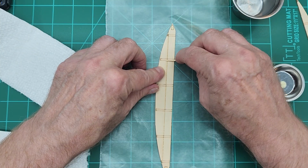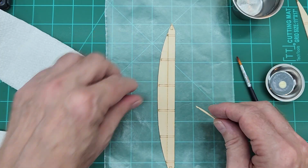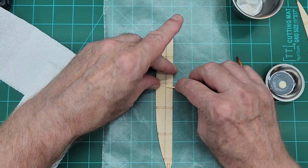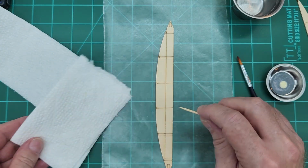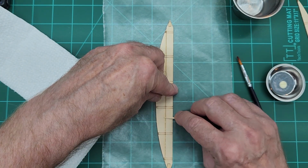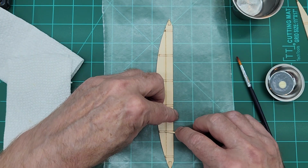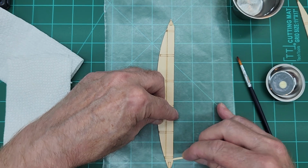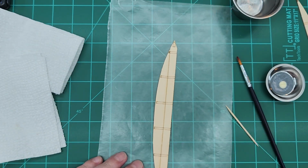Kind of scrape the majority of the glue off there. You're going to have glue on the bottom too. That's why I'm using the wax paper here, so that it's not trying to glue itself down to my mat. And this glue is actually drying pretty quick. I'm kind of surprised about that. Okay, so